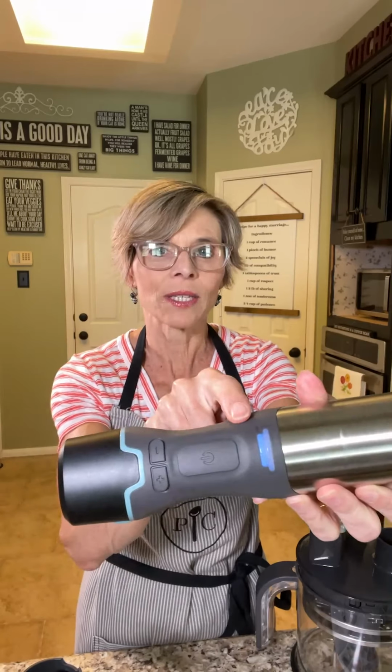30 minutes is a lot of time. It doesn't take that long to mix a cake or to chop some onions or make some mayonnaise. So each battery will give you 30 minutes of work time. Next is the power handle, which is this right here. And your battery just easily clips on to the handle like that,